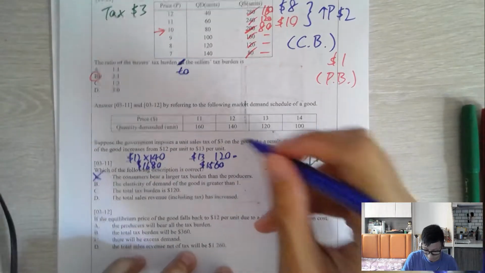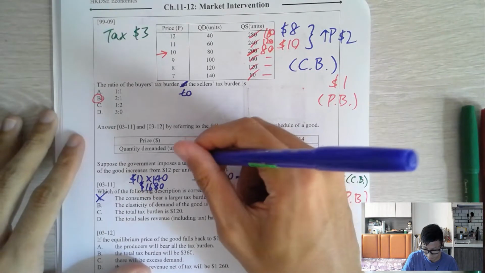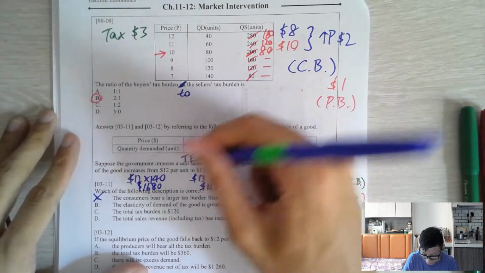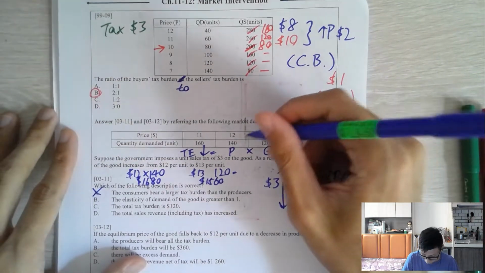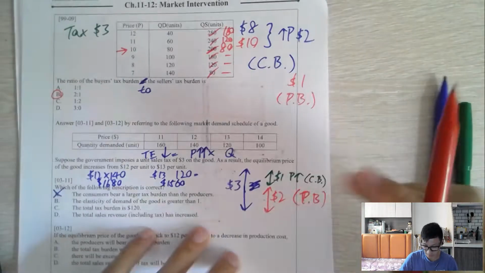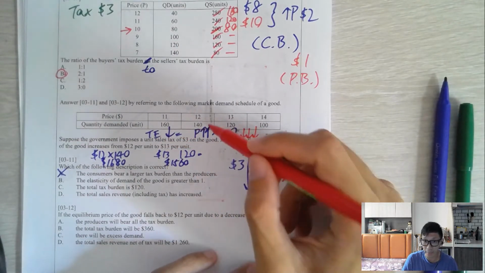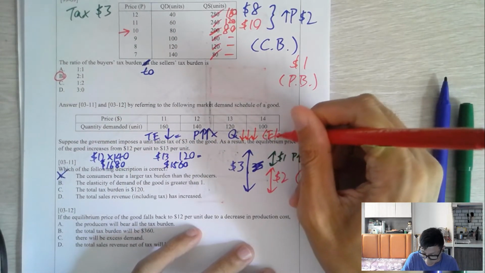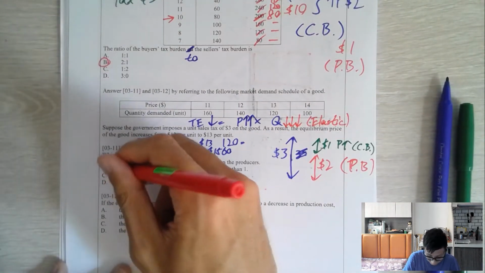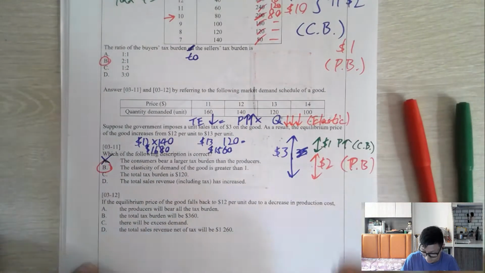Here, let's see. We know because of the tax, total expenditure TE equals P times Q. TE actually decreased, but we know price has increased. How to balance this equation? Definitely, quantity needs to drop faster than price. This is elastic demand. So elasticity greater than 1. B is correct，啱喎呢個，好嘛？